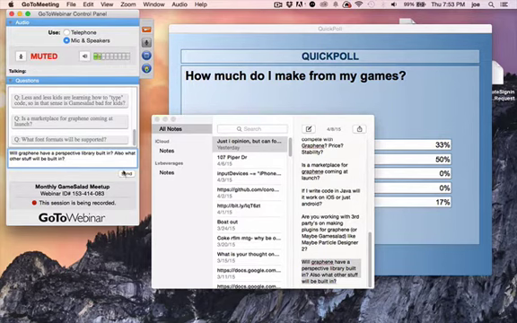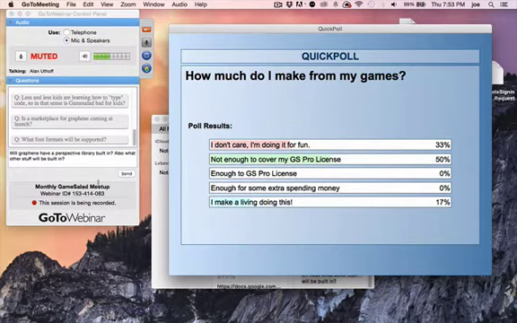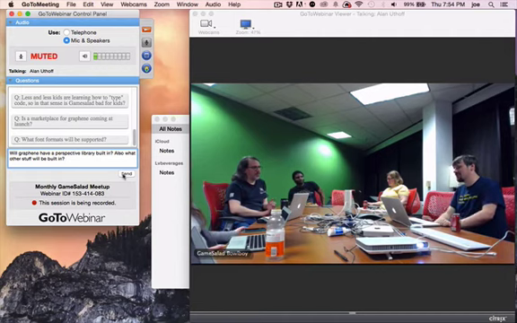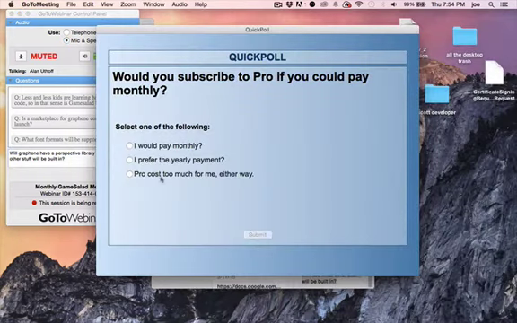Yes. So we've got our current poll. We have 50% of the people don't make enough to cover a license but are making money. 33% are doing it for fun, and 17% of you are actually doing this for a living. How much is 17%? That's actually pretty good. It's what, 4 of us, so like 9 or so people. So only 67% voted. Yeah. But yeah, we should have Dan come in and give a talk about actually trying to make money